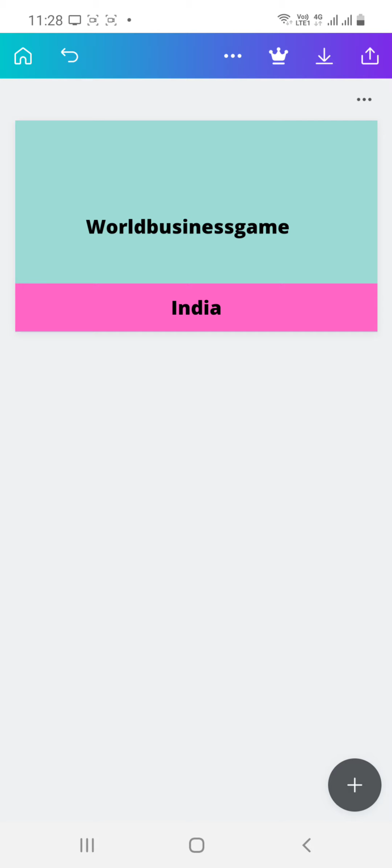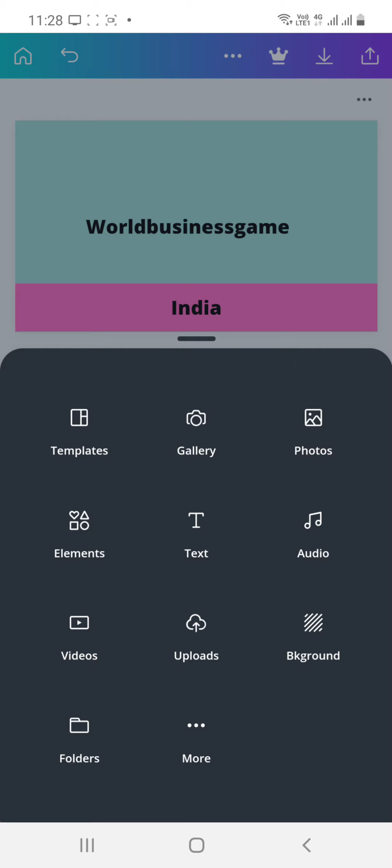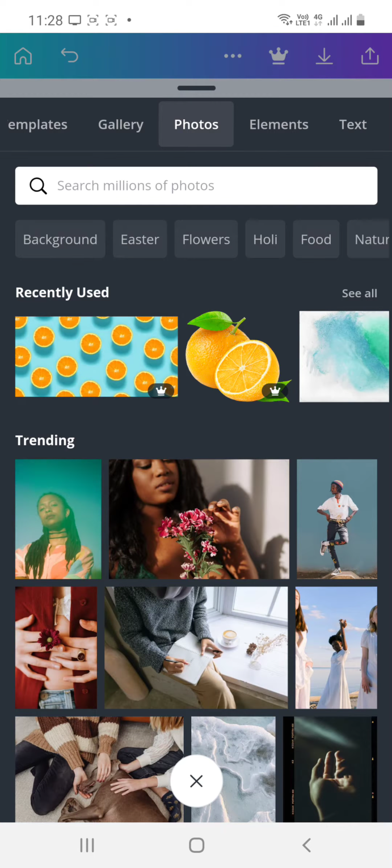And now I'll show how to insert an image or any logo, if you have created one online. We'll go to the bottom right side, there's a plus button over there. Just click the plus button and then we'll upload the logo that we already created.